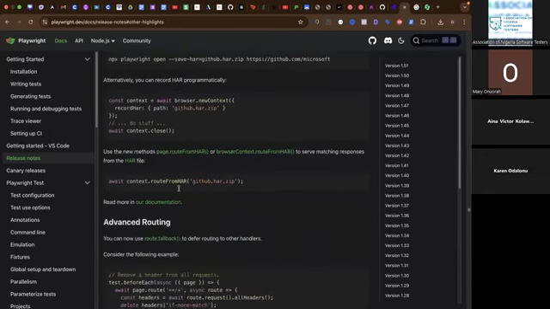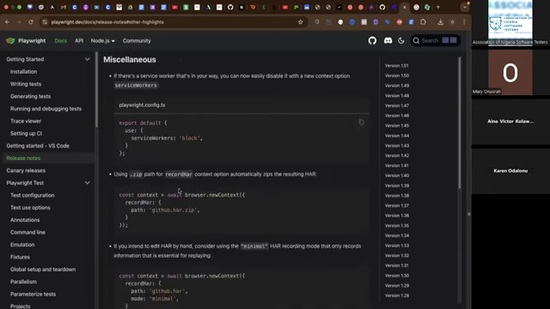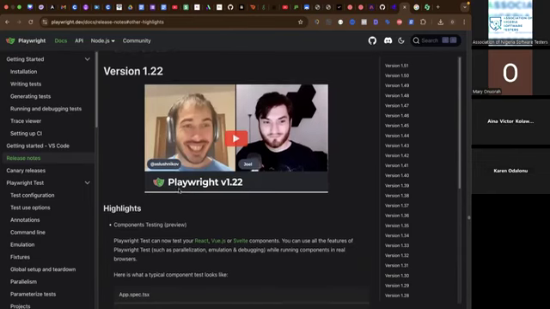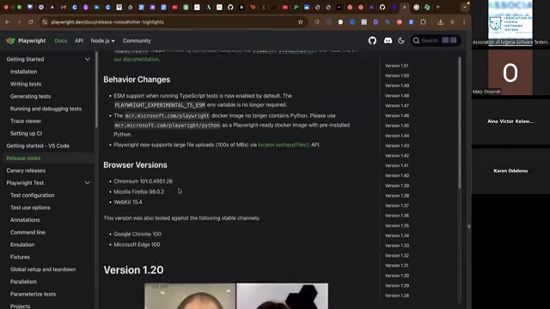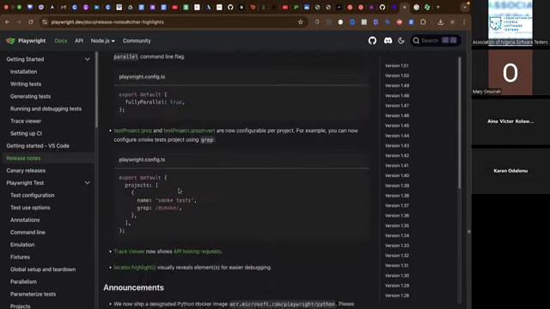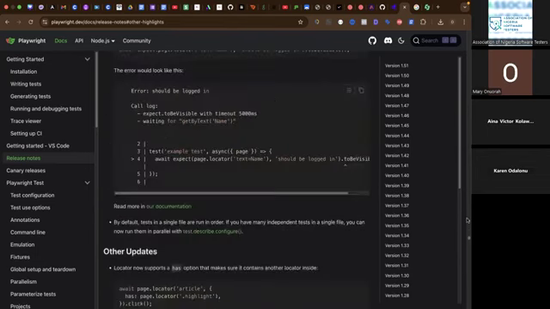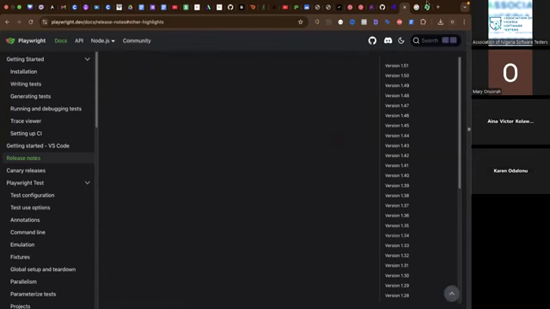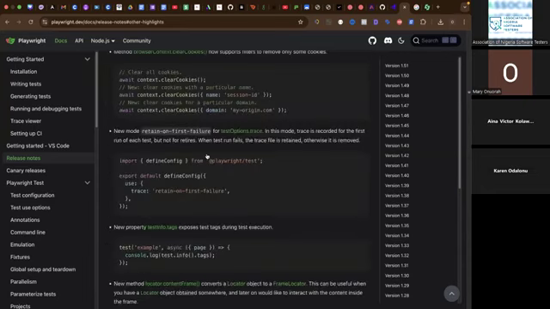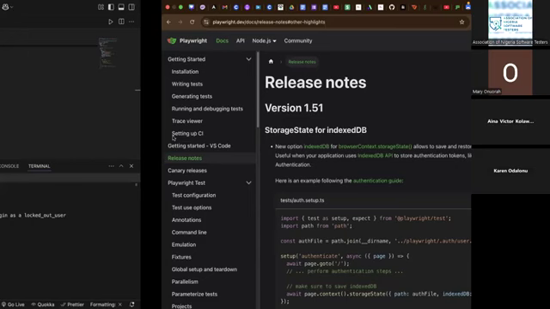Anyways, basically you can set it up to run however many workers you want, depending on how large your test is, right? So yeah, but by default, Playwright will run different files in parallel, meaning it will use different workers for different test files, and that enables it to run your tests faster. So that's that. Then the next thing is